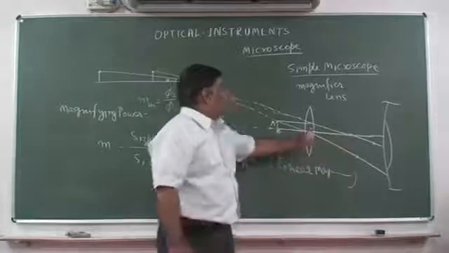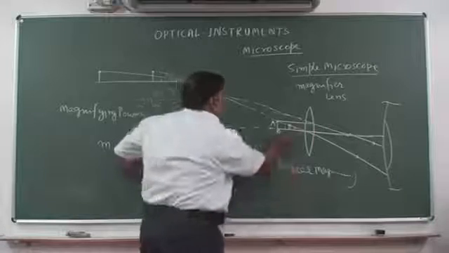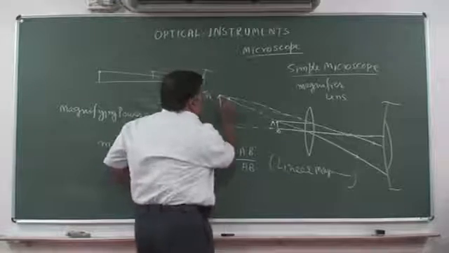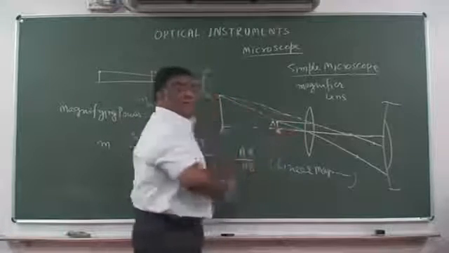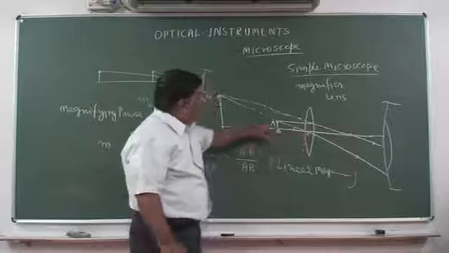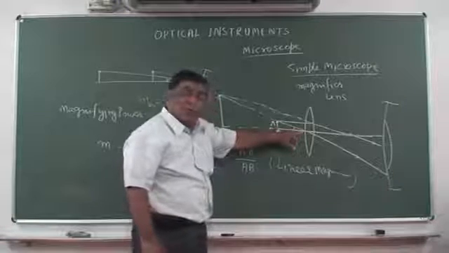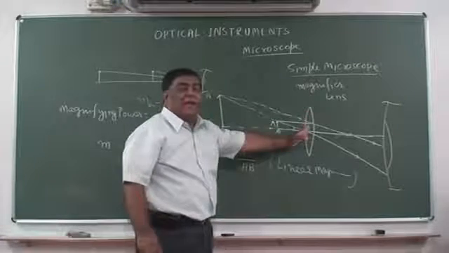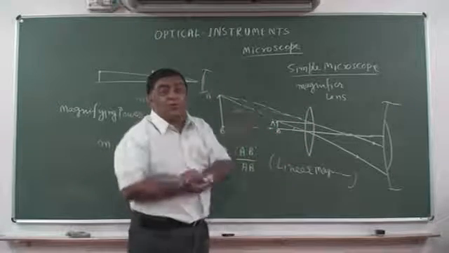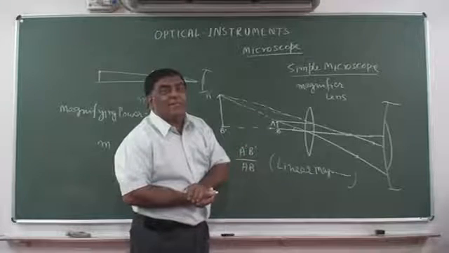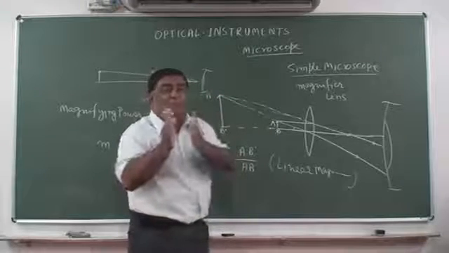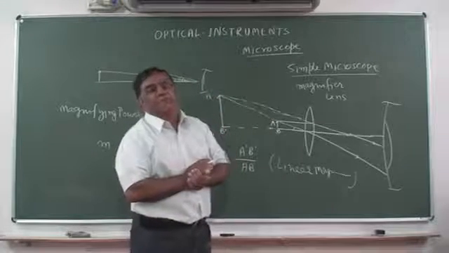Suppose our eyes are very close to the lens. Then this is the angle made by the object. This is the image, and the image makes the same angle. If the image is making this angle at O, the object is making the same angle at O, we suppose the eyes are very close to the lens, so eyes are at O only. Then both are making the same angle. There is no angular magnification. But that's why it is magnified. So we have to clarify our definition.